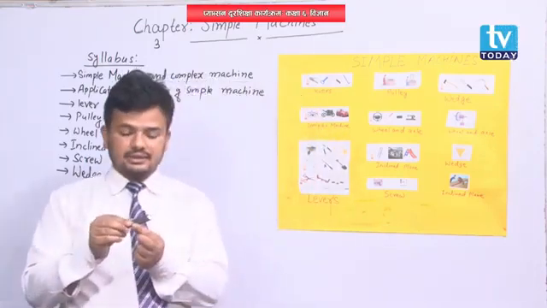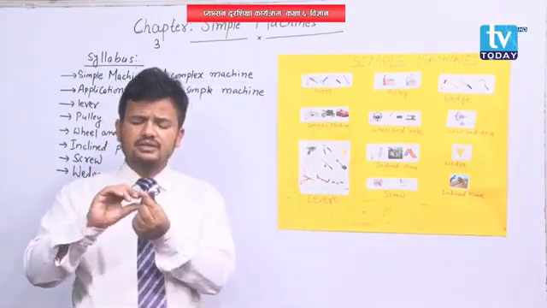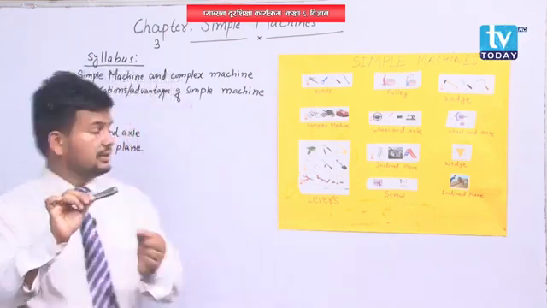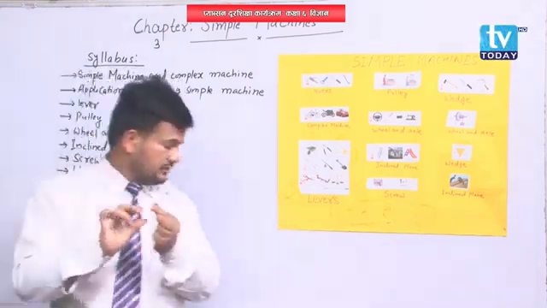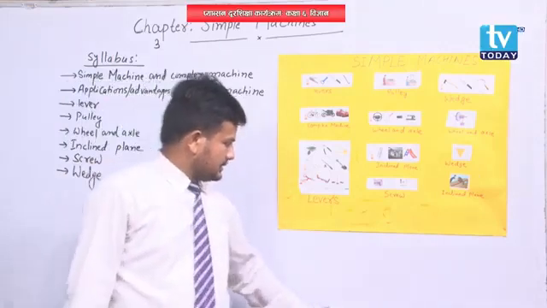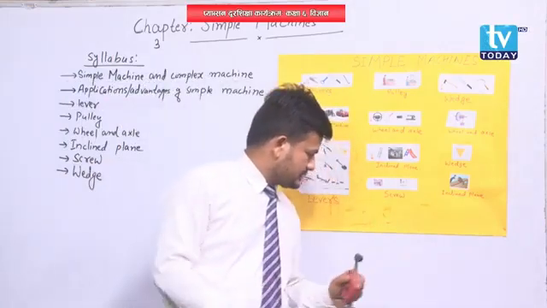Next, here is a nail cutter. A nail cutter is also a simple machine within lever. It is also a lever. Next you can see here,